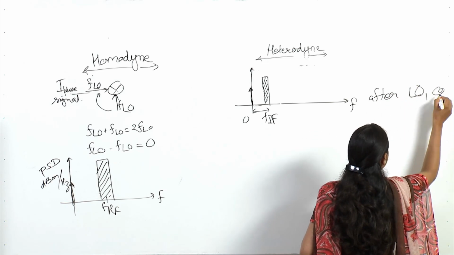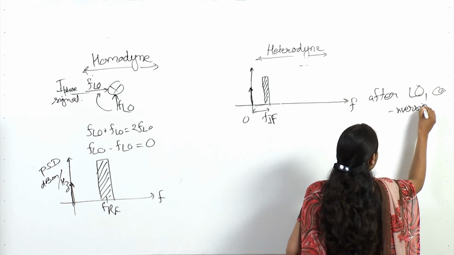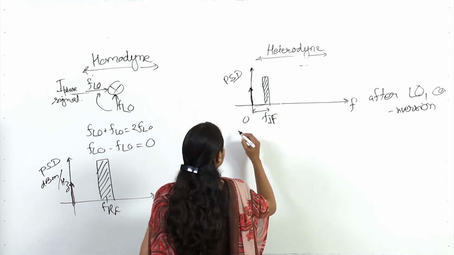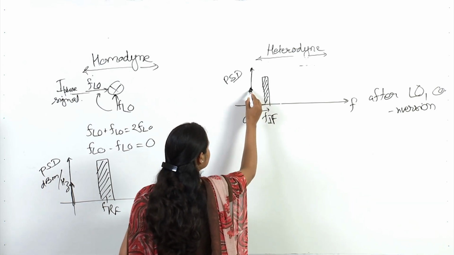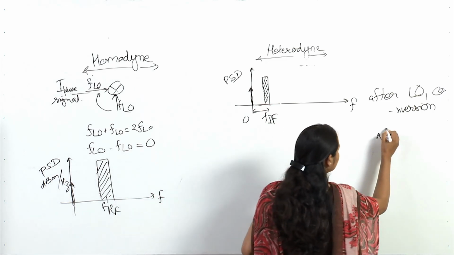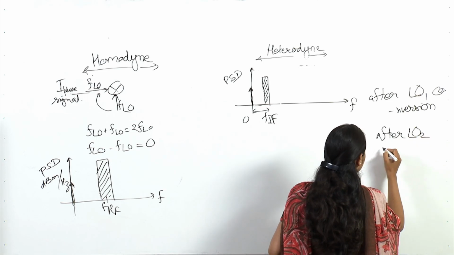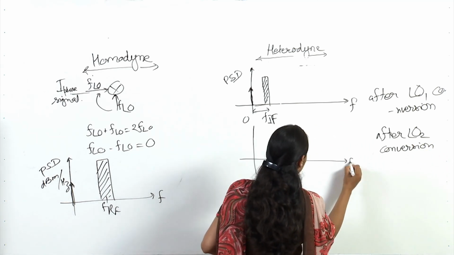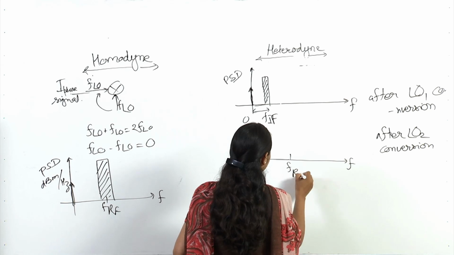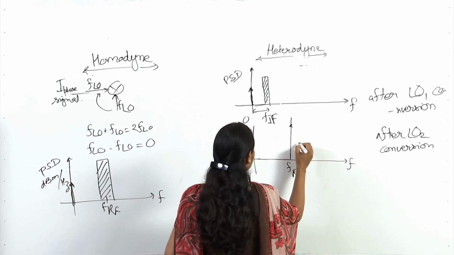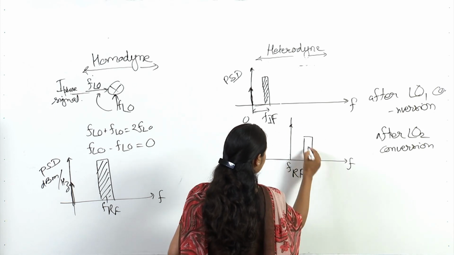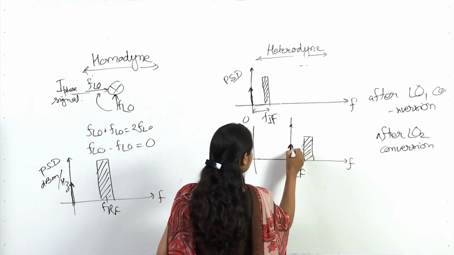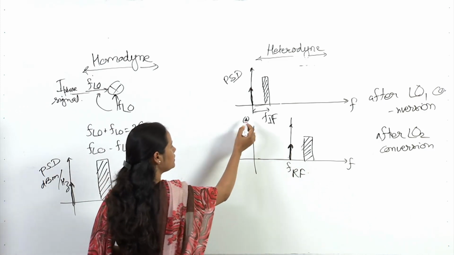after LO1 conversion, we have FIF, and then we were having this DC component there. After LO2, the second conversion, our signal is at FRF, and this FIF will appear here, and this signal will be here at the RF frequency, because it was 0 before, now it is up